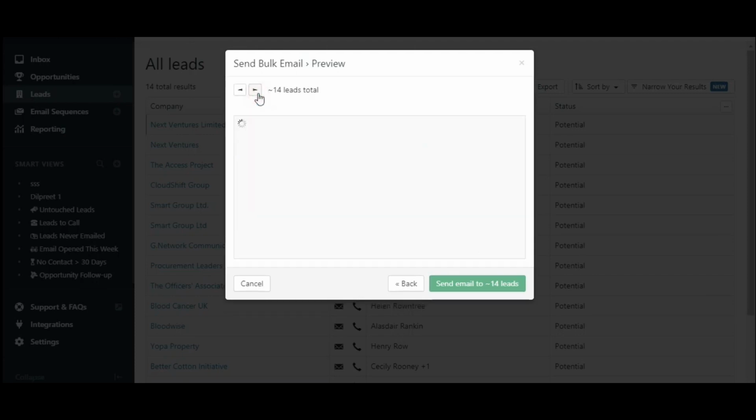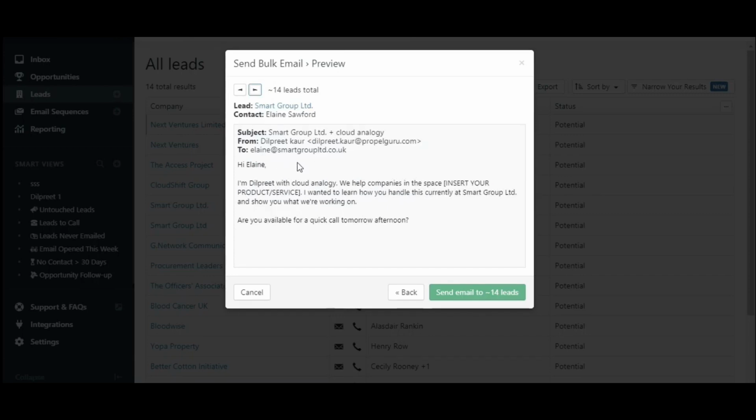You can see another mail also in preview, that says Hi Align. So this is how it will automatically take up the first name of a person, and this is the major advantage of creating a template, that with one click you add a template, you add a number of emails, and from one click you send one mail to n number of your contacts. This is the 14. You can send 100,000 emails.